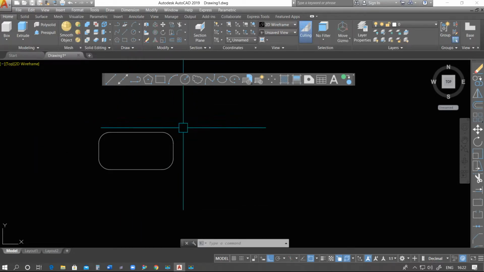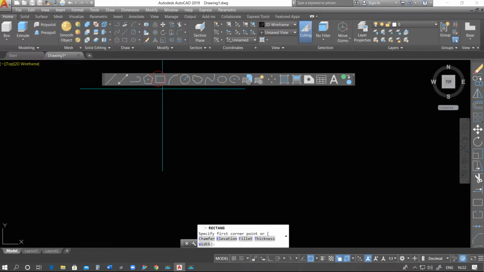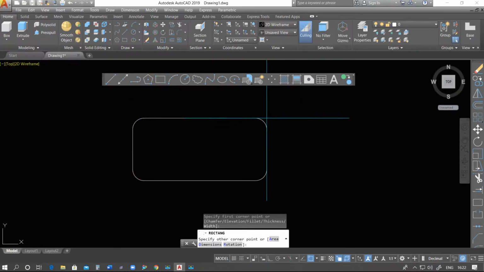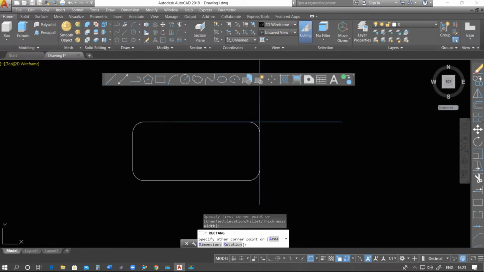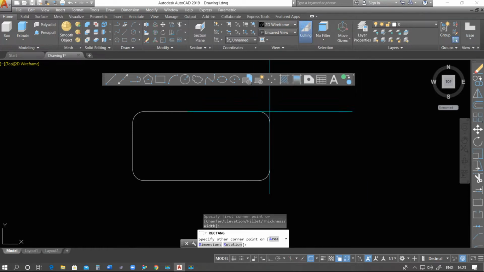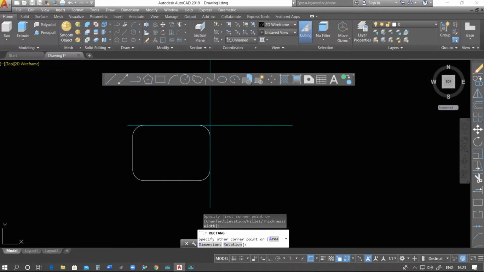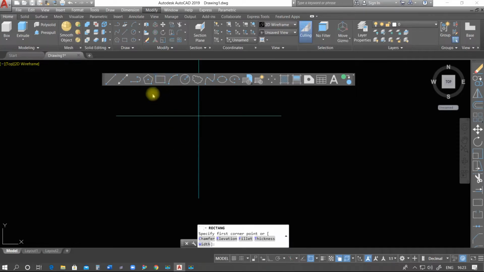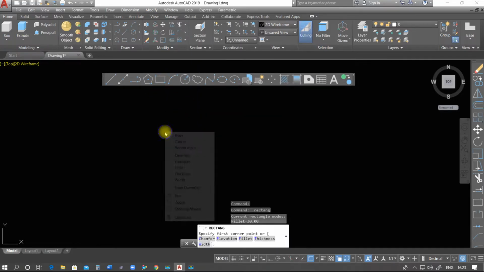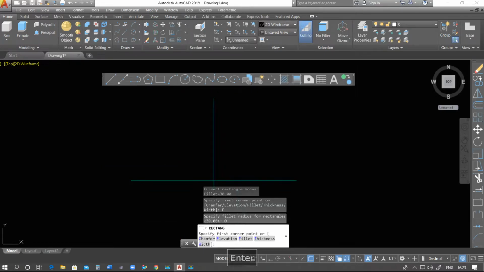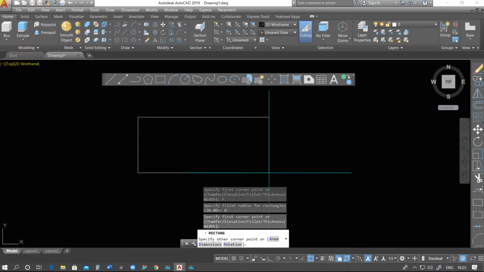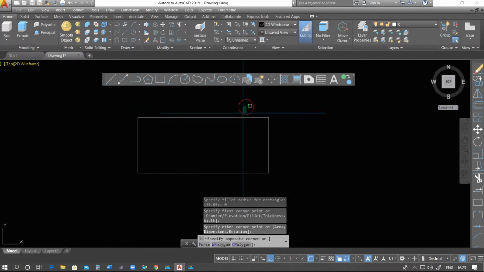Now we see that as many times as I use this to draw a rectangle, by default an arc formation is going on in the corners of the rectangle. So how to remove that? Suppose now we don't need such fillet radius in these corners. So what do we do? We just select the rectangle, and now right click, there is the option fillet. We'll define this as 0. Yes. Now we can see.